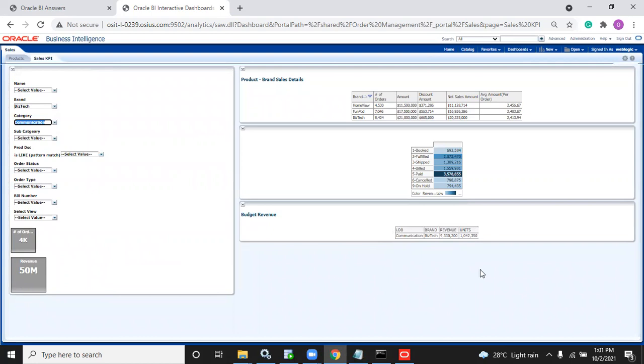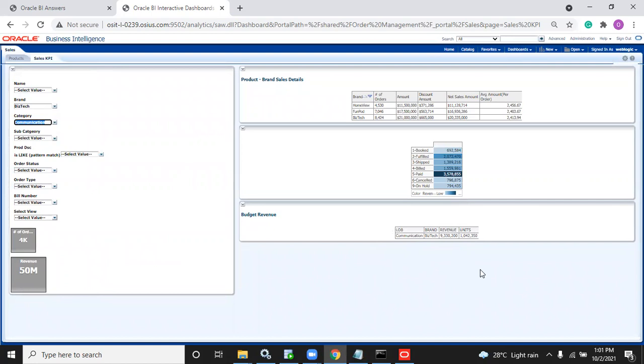So when you have reports from different subject areas, each subject area is created from different tables, otherwise it would be the same subject area. When you are getting reports from different tables and you have common columns like year, year will be common across all tables. Am I correct or not? You go for revenue, you go for purchase, you go for finance, year is common.